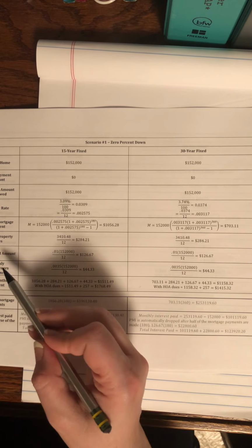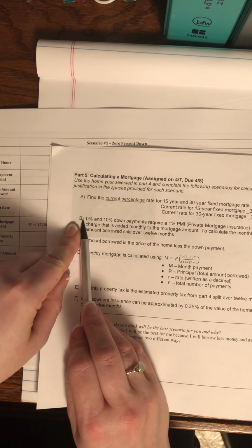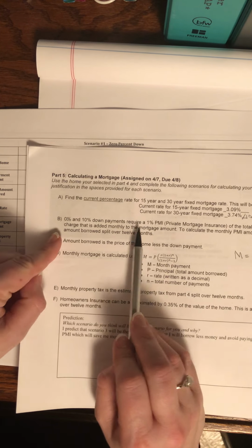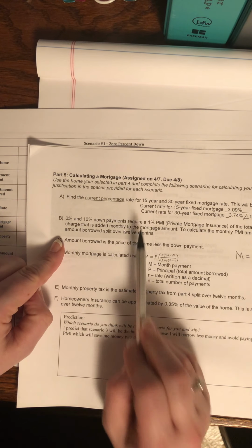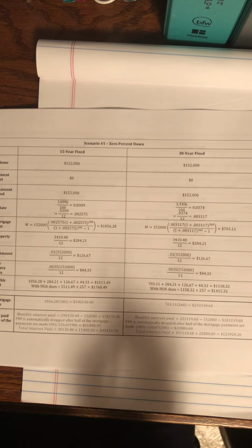Now, the monthly PMI amount. Back here on letter B, I told you how to calculate that. You had to take 1% of the total amount borrowed, and then you split it over 12 months. So 1%,